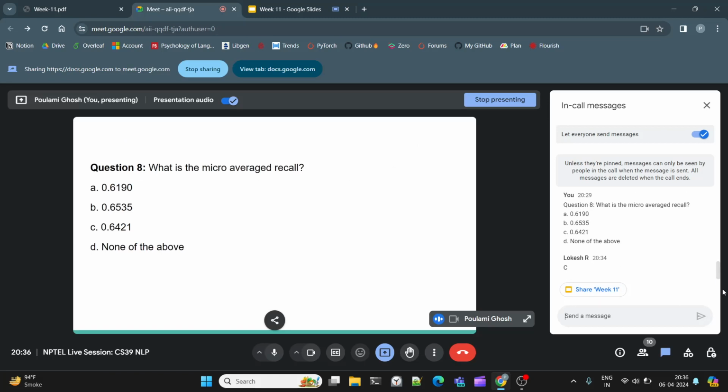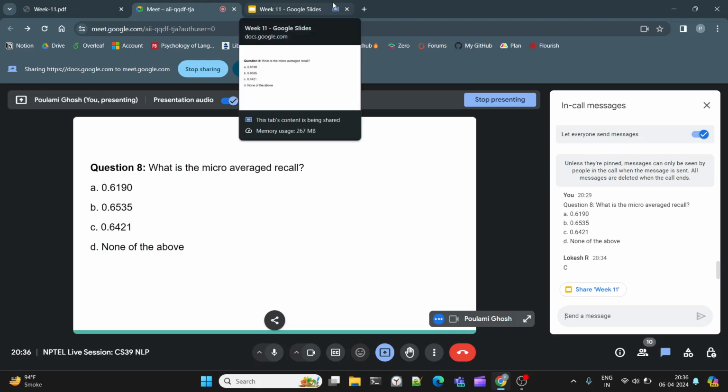Only Lokesh has answered. So Lokesh, would you like to say how you answered this question? What was the formula you used for the micro average precision? Same thing I did for the